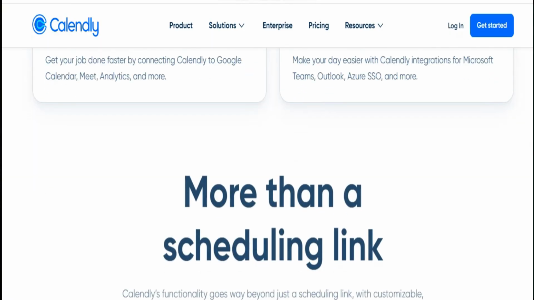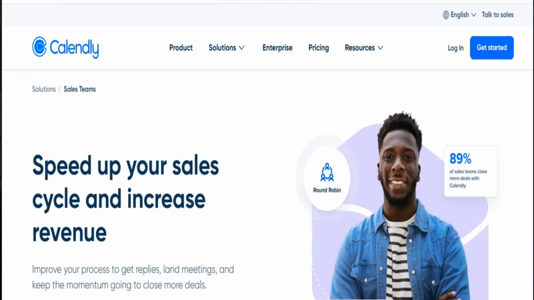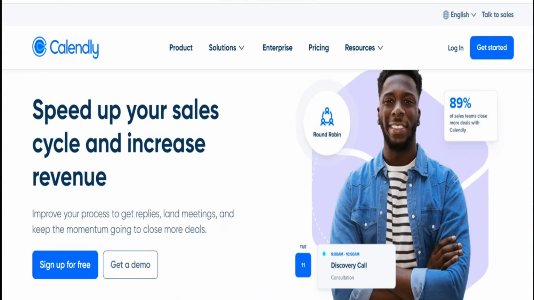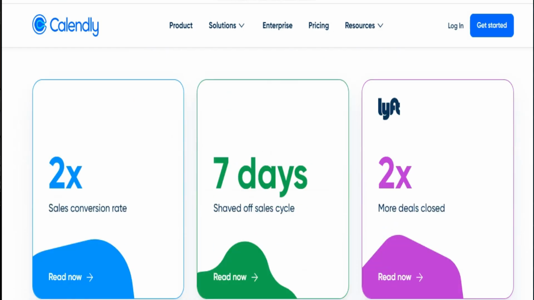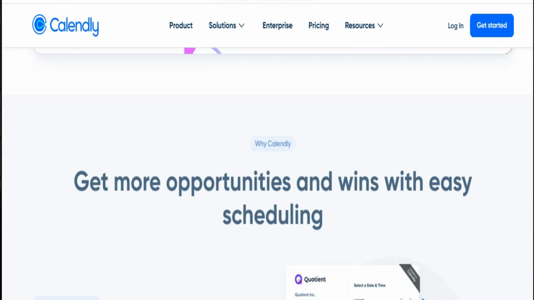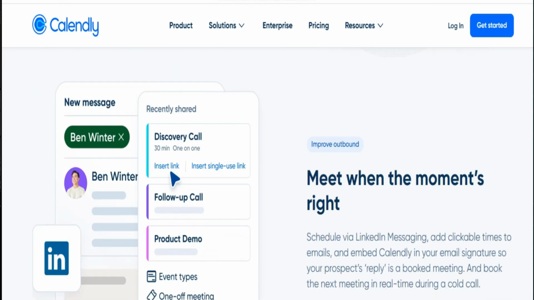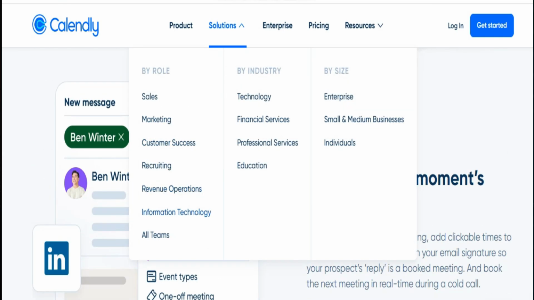Calendly is the OG of modern scheduling tools. It's been around for a while, and it shows in a good way. The interface is smooth, it's loaded with features, and it integrates with just about everything: Google Calendar, Outlook, Salesforce, Zoom, PayPal, HubSpot, Slack, you name it. We're talking 400 plus integrations, which makes it ideal if you need your scheduler to play nice with the rest